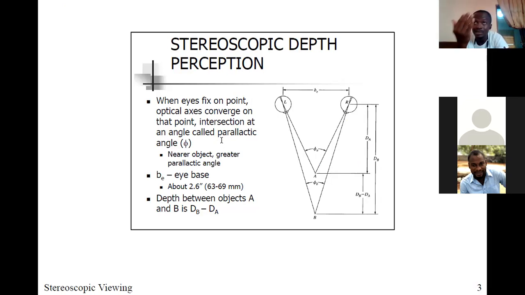In other words, you'll be standing there, and something will be coming close to you, and you probably won't appreciate it. You can only appreciate it monoscopically by looking at the changing size, shadows, and obstruction. That's monoscopic, right? The distance between the two eyes is called the eye base. Put it in your head.